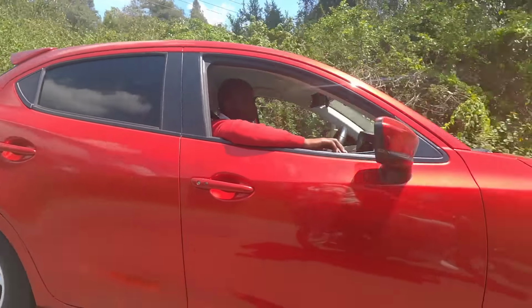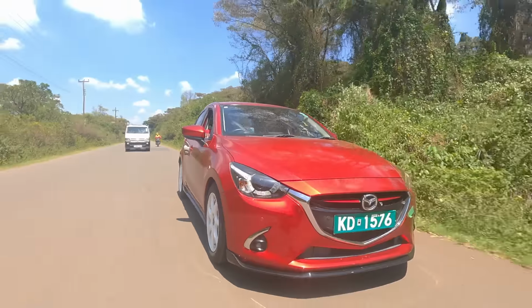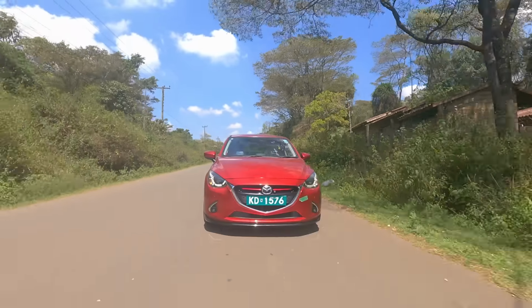Now, there's something I need to tell you at that point. The width this guy is running, and the rims and even the suspension, you can see the car is planted on the ground completely. So that is part of what translates into it. Wheels and tires are very important when it comes to how the road noise is going to be. The tires are closer to low profile, very big. So in case you want to increase the profile,